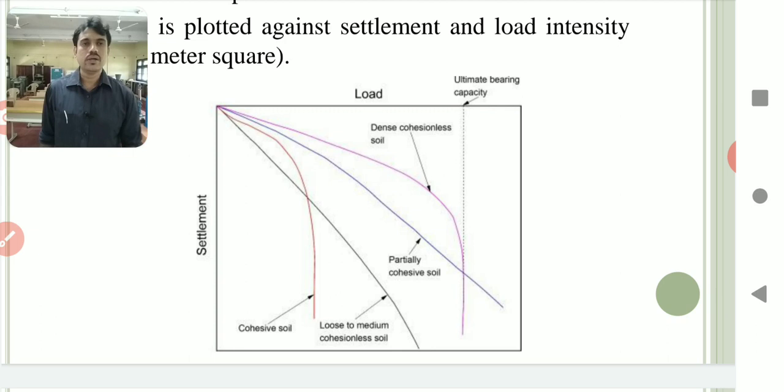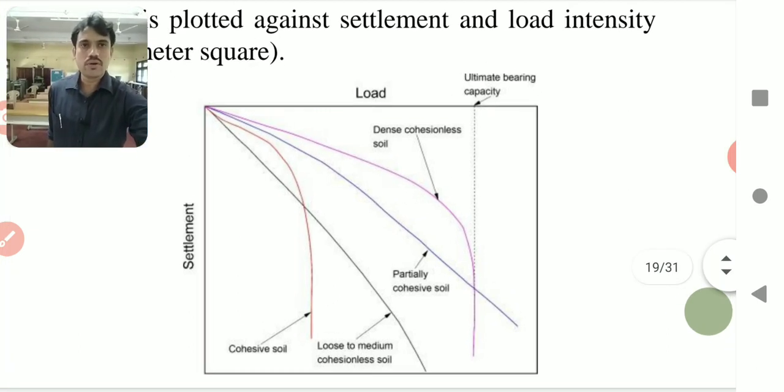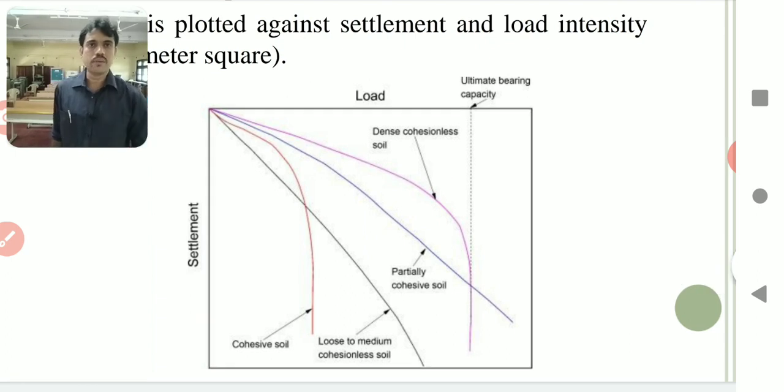We have to measure it. Load we have to apply, settlement is going to happen. So therefore x is independent and settlement is dependent. Dependent factor is always dependent on the independent factor. Load is a known factor, settlement is an unknown factor. So for different loading conditions, there will be different settlement. By using this graph we can analyze.